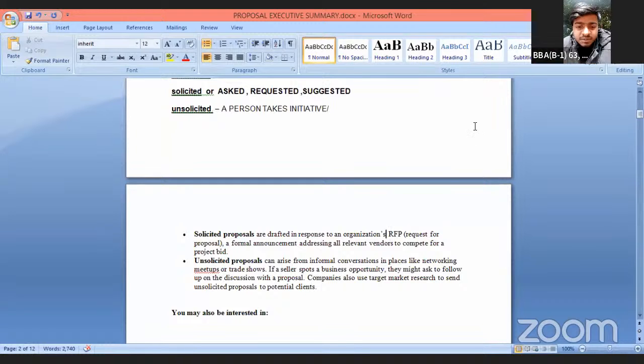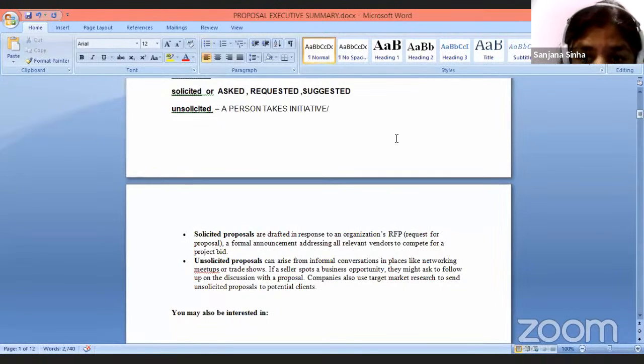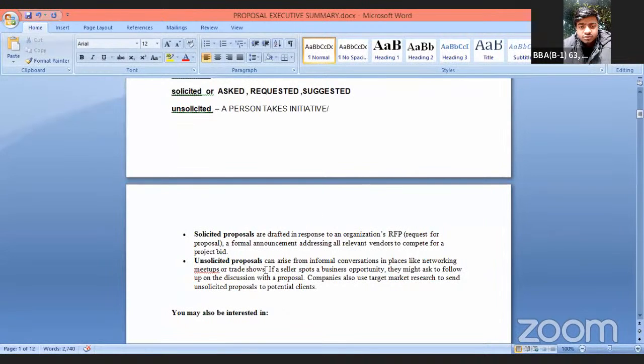मैम सॉलिसिटेड प्रपोजल का यूज सिर्फ बिजनेस में कर सकते हैं या मैम जैसे जनरली आप हम लोगों को देते हैं बनाने के लिए प्रेजेंटेशन, तो मैम ये भी हो सकता है? हाँ, अगर कंपनी की तरफ से आ रहा है, डिमांड आ रहा है, रिक्वेस्ट आ रहा है, ये तुमको करना है, तो ये हो गया सोलिसिटेड। तुम अपने मन से करो मैम मुझे आज कुछ करना है, मुझे आज प्रेजेंटेशन देना है, अगर आपकी तरफ से आ रहा है तो ये हो गया अनसोलिसिटेड। ठीक है, जनरली मैम हर जगह यूज हो सकता है? हाँ, हर जगह हो सकता है यूज।